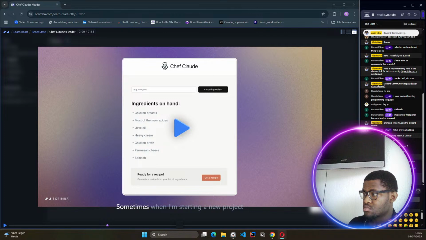Sometimes when I'm starting a new project that might feel a little bit overwhelming, I try to find parts of the project that I already do know how to build. Up until now, we've only been building static pages in React, and the truth